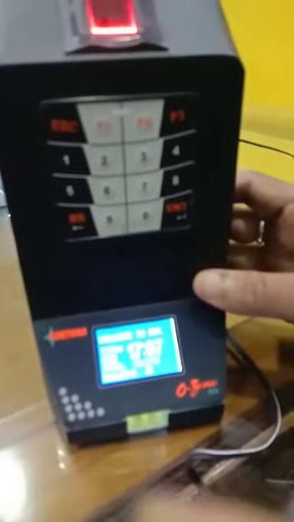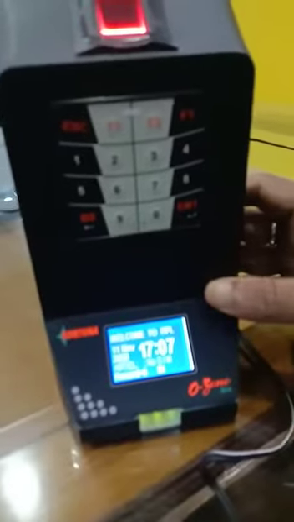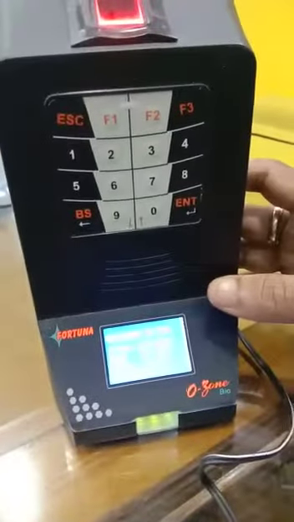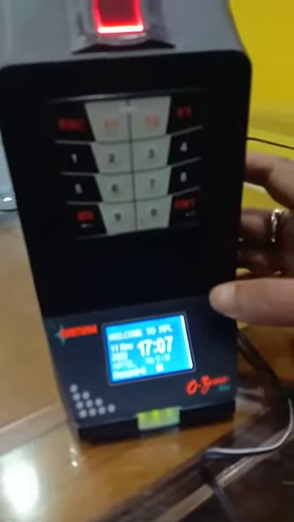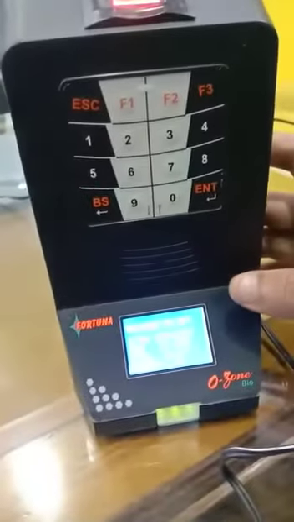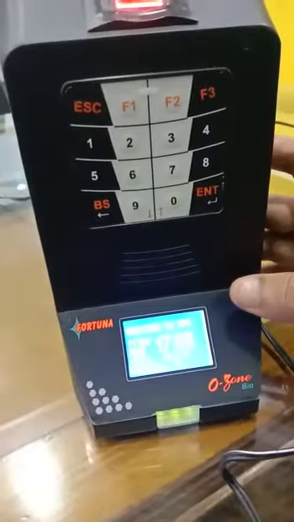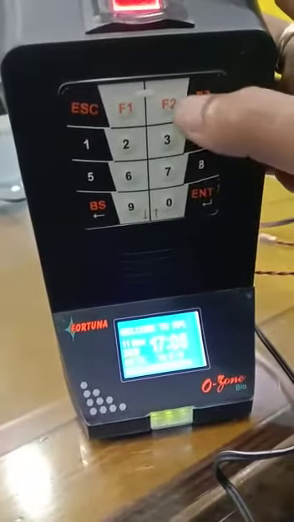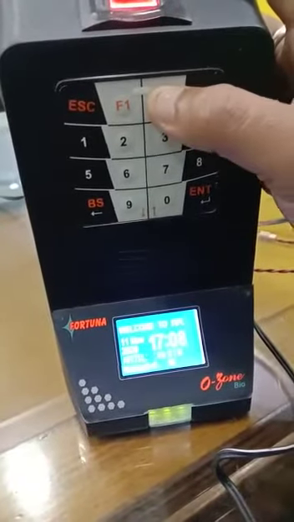Morning guys, today I want to show you how to change the server IP for the Microlog Bio device, which is a handheld device, and another device is Ozone Bio, which is currently showing. In this process you can find out how to change the server IP and how to get the information about your server IP. So you need to first go to the F2 button, press F2.